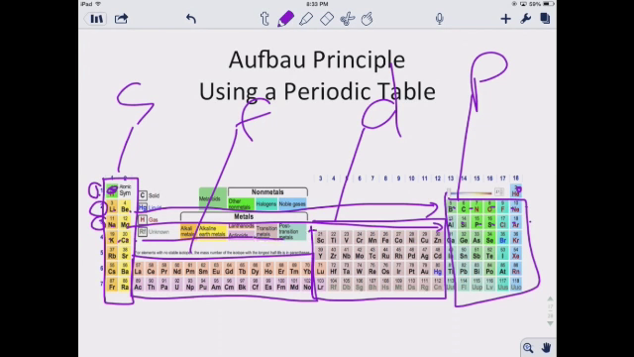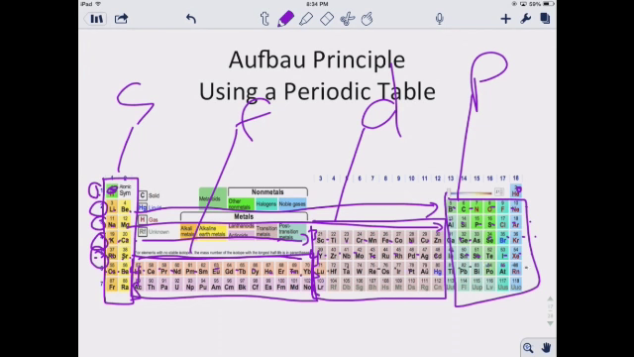Remember that D starts at 3, so this is 3, 4, 5, 6. So this is actually 3D, and then remember, these guys will follow the energy level, so that's 4P, then 5S, keep going, 4D, then we have 5P, keep going, 6S, and then remember our F block starts at 4, so 4 and 5. So we have 4F is right there, and then we have our 5D is right there, then we have our